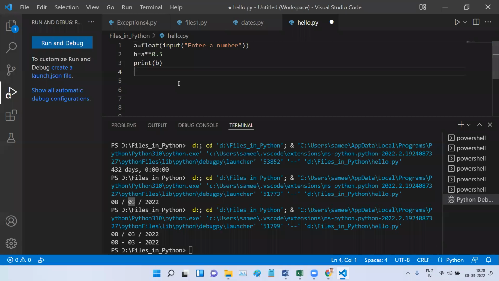What I'm doing is getting a number from the user and storing that in the variable. Then I have this operator. The main focus of bringing up this program is for you to understand the exponential operator. You might not have used the exponential operator, but once you do this factorial or square root program, you will understand. You have this double star, right? What this double star does is it gives you the power.